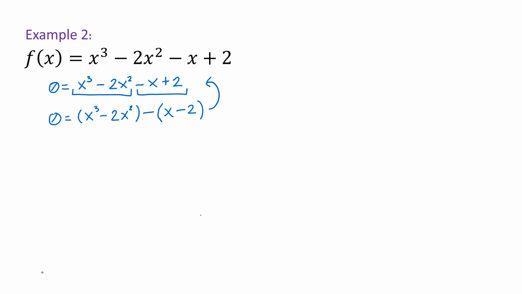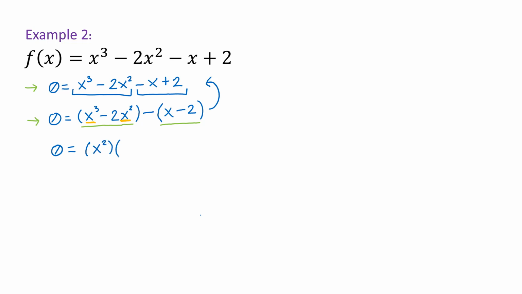Let's continue. Now, instead of having 4 terms like we had in this step, now we only have 2 terms. This is the first one, and this is the second one. But we notice in the first term that we have a common factor. Both of the terms have x in them. So we are going to factor out the x squared from these two terms. So 0 equals, we factor out the common term, which is x squared